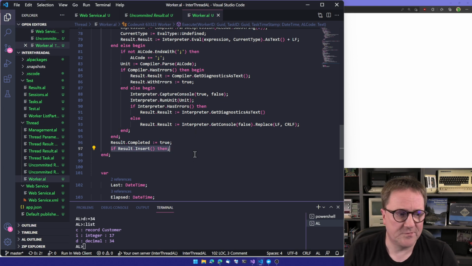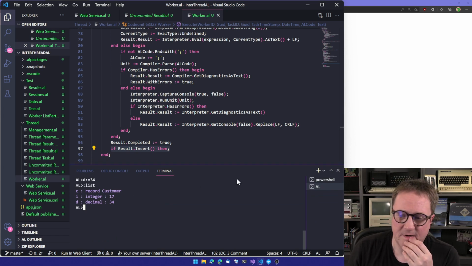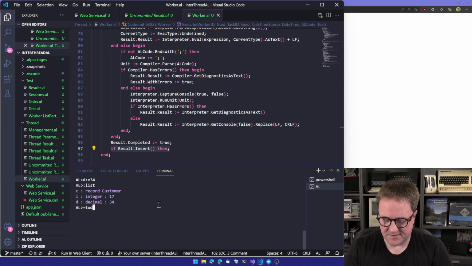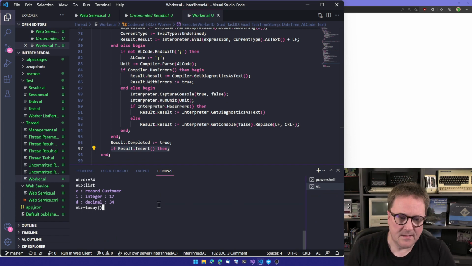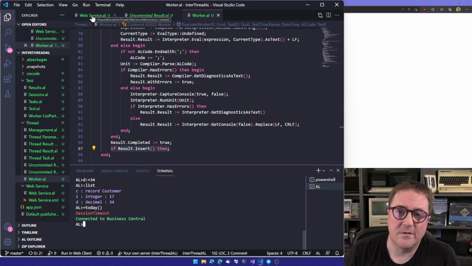So to repeat, we have a component inside VS Code. It's a .NET component that the only thing it will do is take a string and send it into the web service. And now you can see that I got a timeout, because what I did at some point, in order not to have sessions running forever,